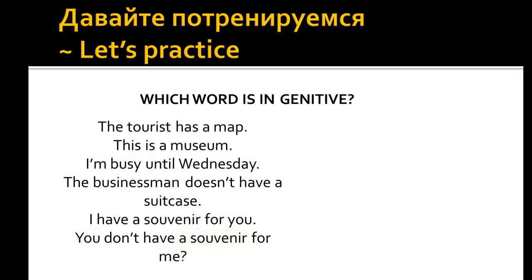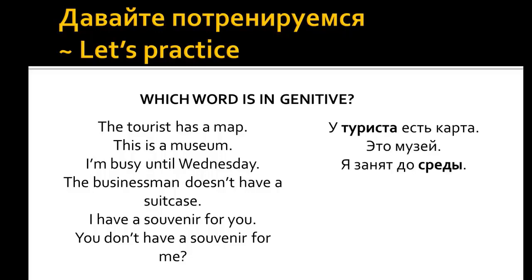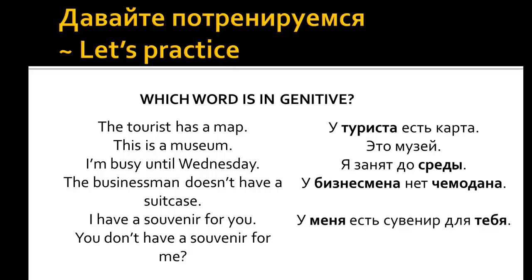Now let's take a look at the Russian phrases. «У туриста есть карта. Это музей. Я занят до среды. У бизнесмена нет чемодана. У меня есть сувенир для тебя. У вас нет сувенира для меня.»